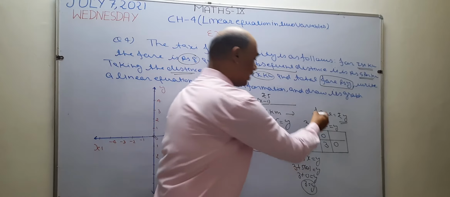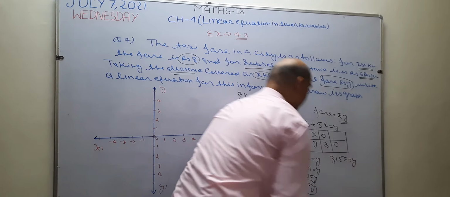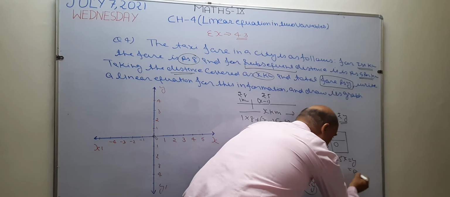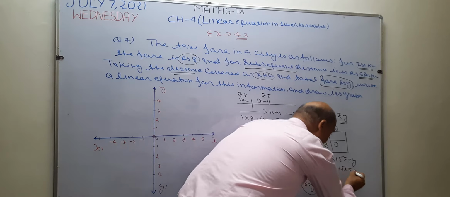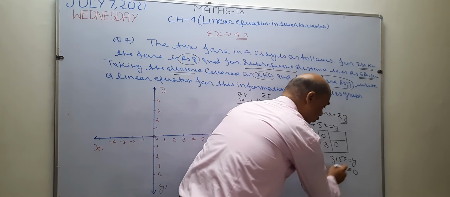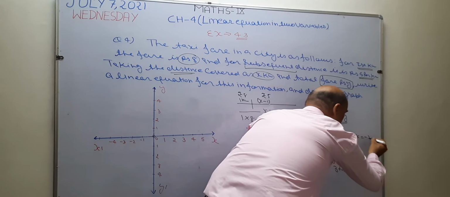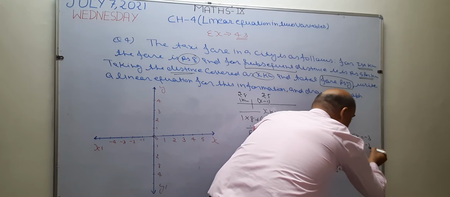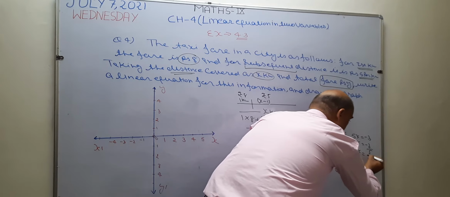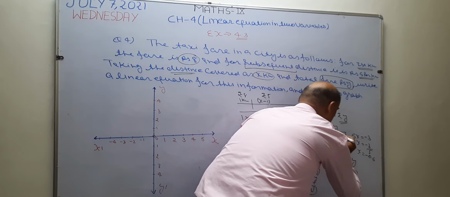Now next time, write down the given equation again. This time I am going to take y as 0. So instead of y I write 0, so this becomes 5x plus 3 equal to 0. I take this 3 from left to right, so this becomes 5x equal to minus 3. The value of x becomes minus 3 upon 5. When you divide minus 3 by 5, this becomes minus 0.6. So this I write 0.6.